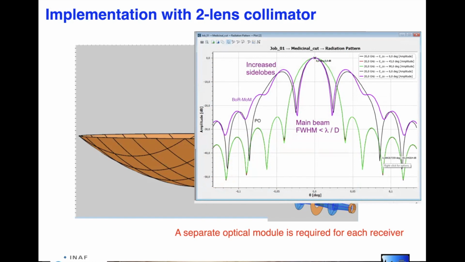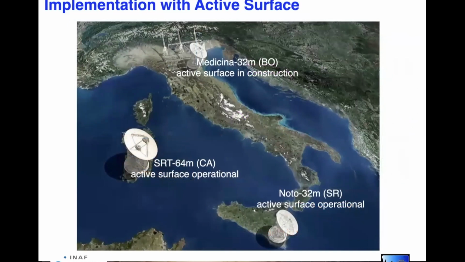And so you can see that when you utilize this super resolution optical module, you get a main beam which is narrower than the lambda over D diffraction limit. But at the same time, you also get increased side lobes. In this case, the two beams are normalized, but besides the higher side lobes, you also get a decrease in efficiency when you use this super resolution optical module. This kind of method has a number of problems and disadvantages, which I can describe in detail if there are questions in the end. But for the moment, I will simply go on to describe the other method, which involves the